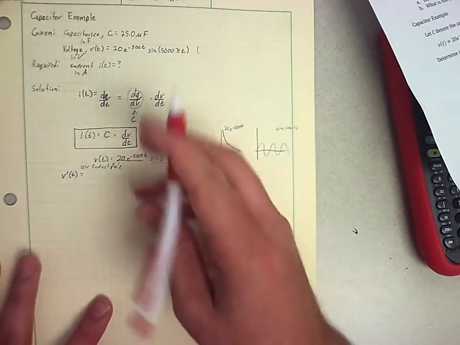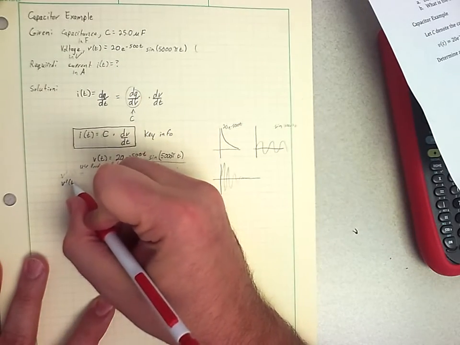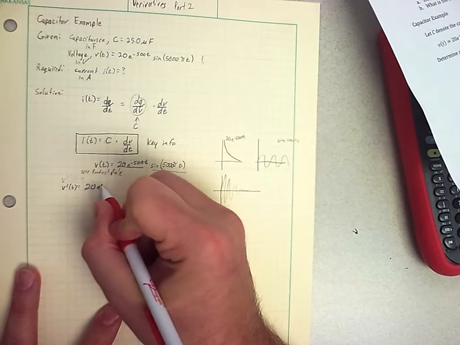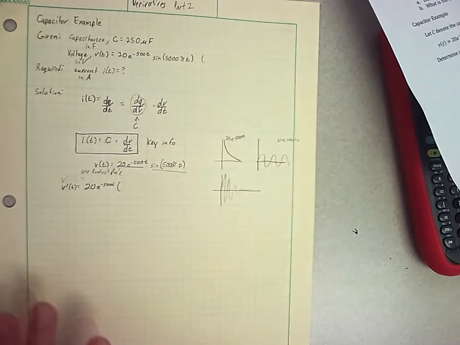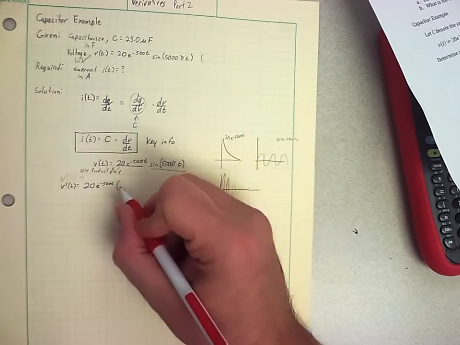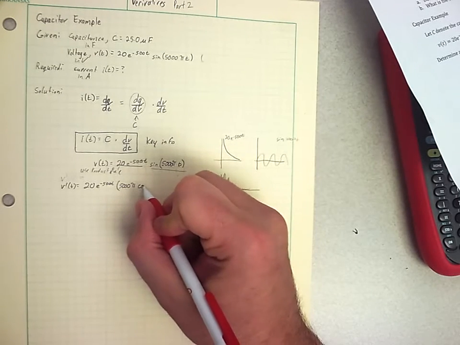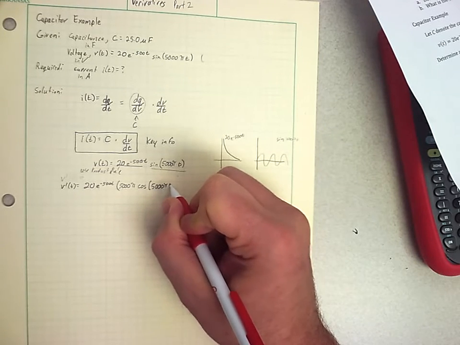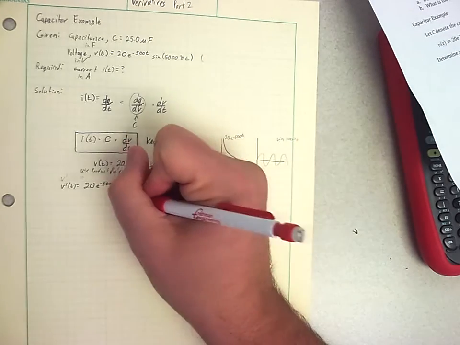The product rule says I take the first times the derivative of the second. When we do sine, we get this coefficient out front, it becomes cosine, and the inside stays the same. So that's the first times the derivative of the second, plus